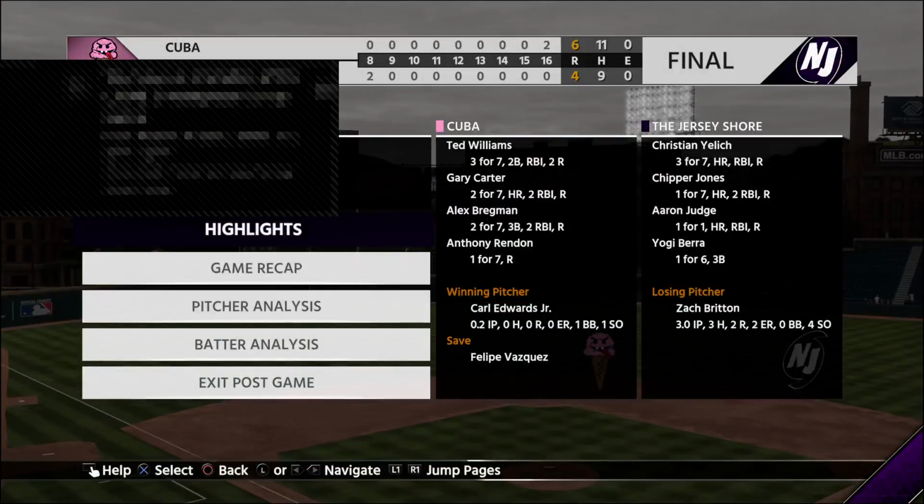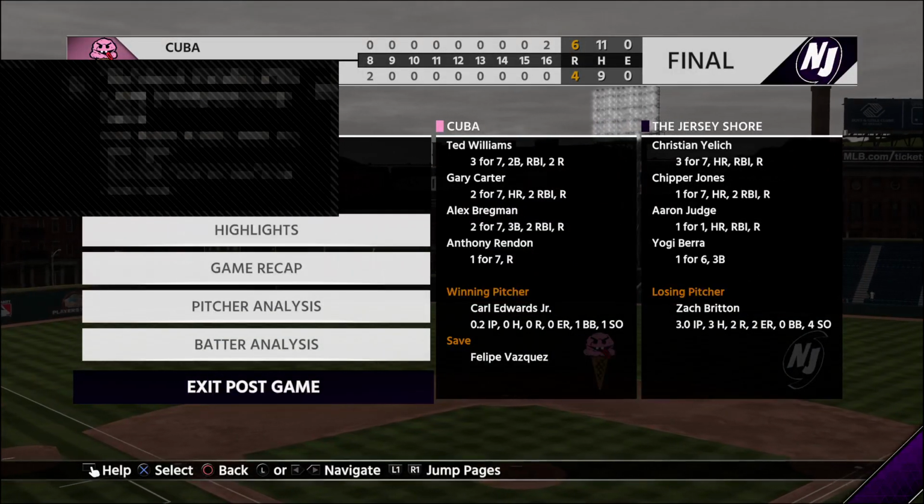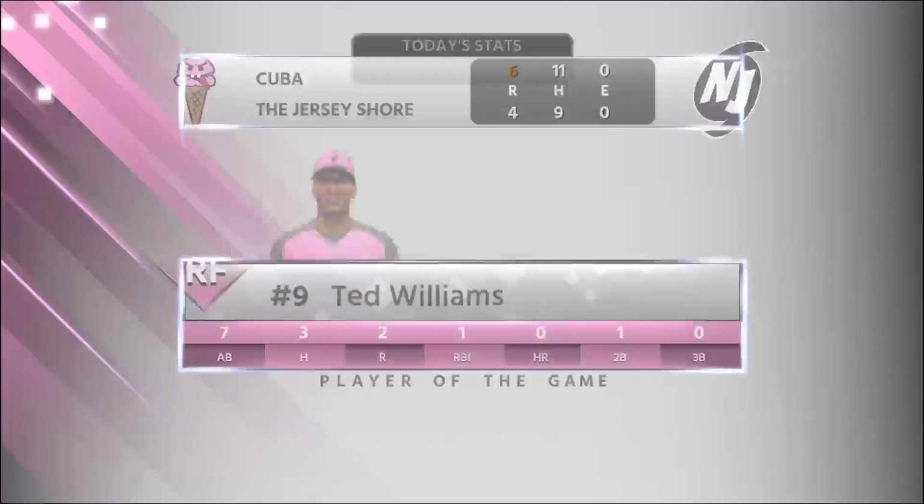Several good offensive performances in this one, but none better than the one turned in by the guy you see right there. He's our top player of the game. Yeah, he was a big...